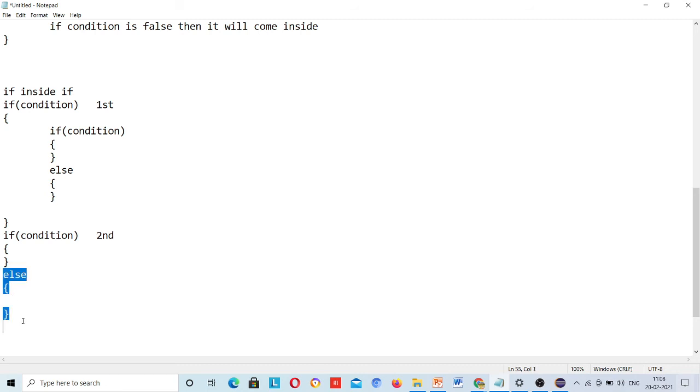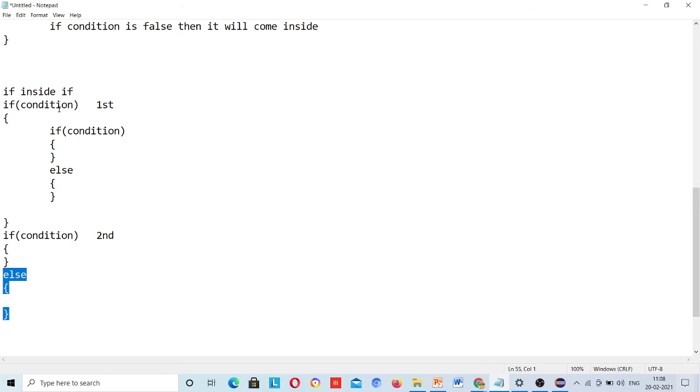This else is part of first or second? Yes. So now you got to know that this else is part of the second one, right? This is correct.